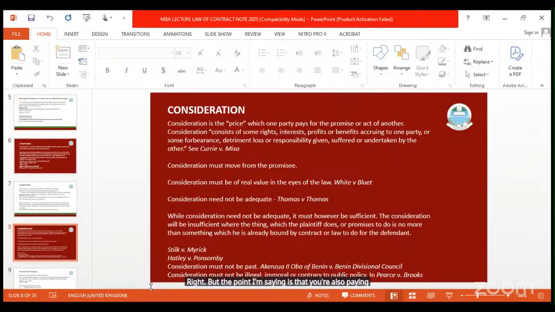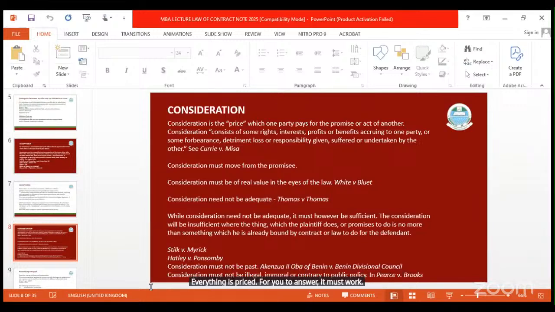But the point I'm saying is that you're also paying a price. Your data is being wasted. Time that you would have been able to pay attention to other people, you are divided, whether to be logging in here or be there or not. So for everything you do, the price is paid. Those of you that are into families, husband and wife, you know the price you are paying for the marriage to subsist. Even to go to heaven, you must pay a price. Everything is price. For you to enter, you must work.